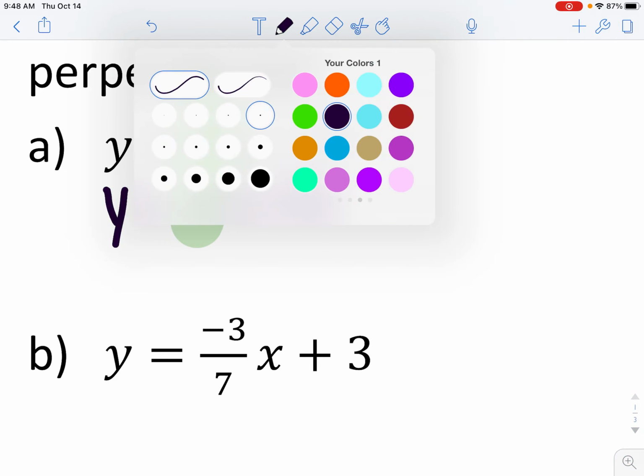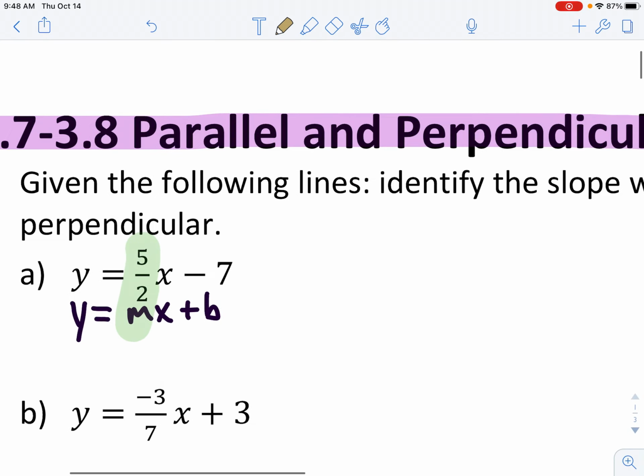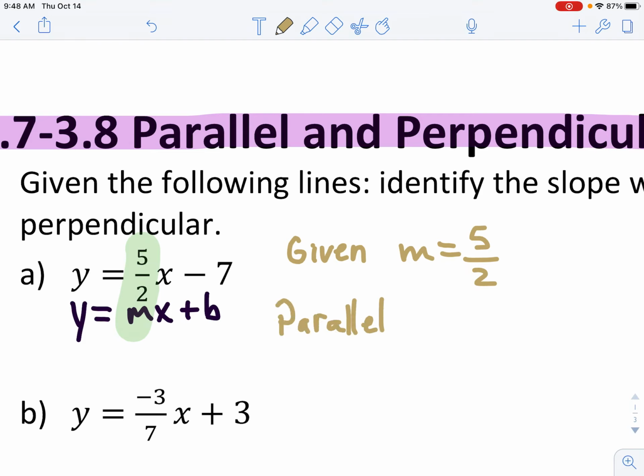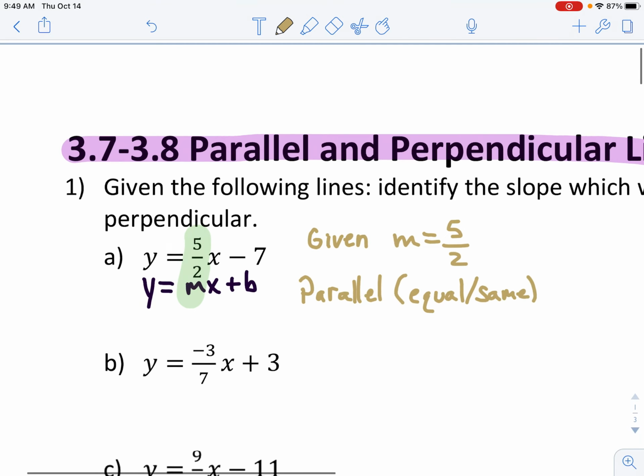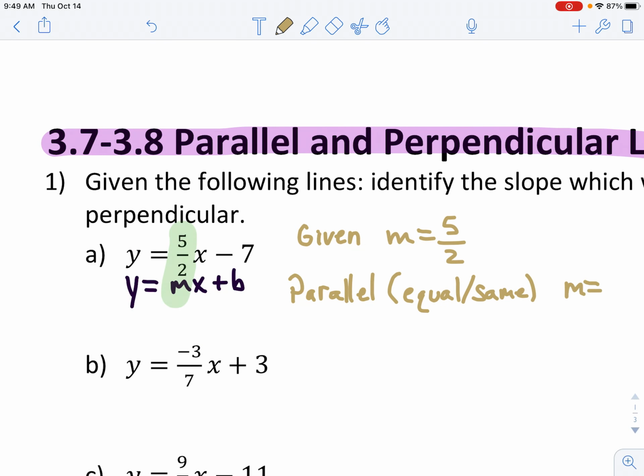All right, so the given slope was 5 over 2. Remember, the parallel slope, they're equal or the same, however you want to think about it. Equal slope, same slope, whatever. So it's literally just going to be the same thing. You identify the slope, and it's the same thing. Then the perpendicular slope,